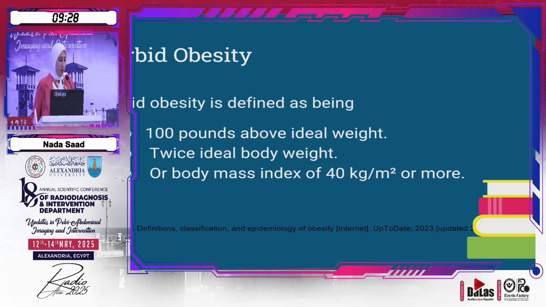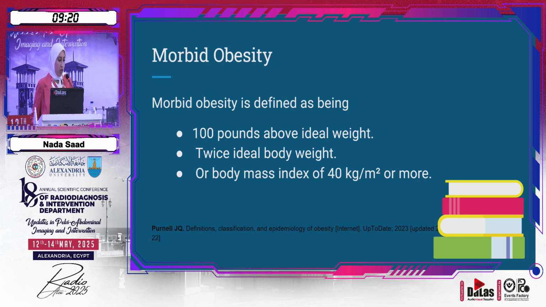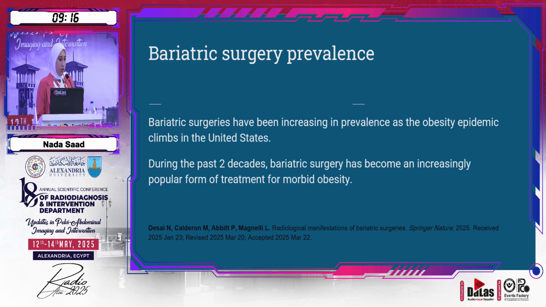Morbid obesity is defined as being 100 pounds above ideal weight, twice ideal body weight, or body mass index of 40 kg per meter square or more. Bariatric surgery prevalence: bariatric surgeries have been increasing in prevalence as the obesity epidemic climbs in the United States and in the whole world. During the past 2 decades, bariatric surgery has become an increasingly popular form of treatment for